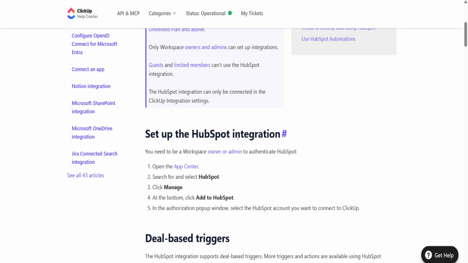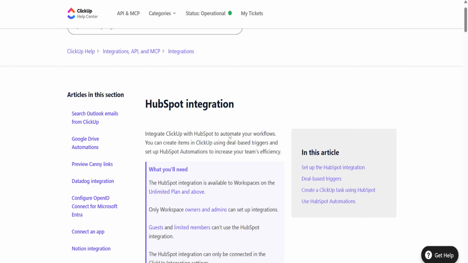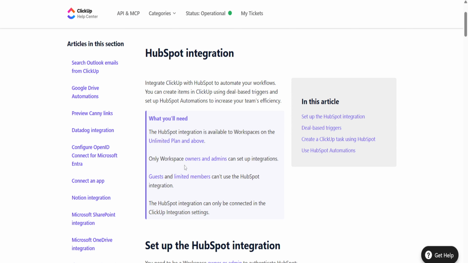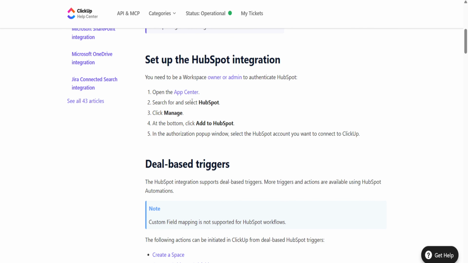And that's it. Once installed, HubSpot and ClickUp should now be connected. If the integration doesn't appear right away, give it a moment to finish syncing or refresh the page. It's also helpful to verify that you use the correct ClickUp account during login, especially if you manage more than one workspace. By following these steps, you can quickly set up the integration and start bringing your CRM and project